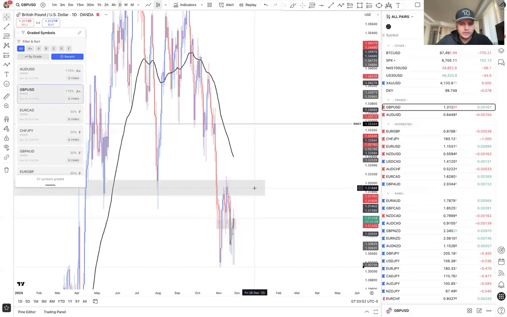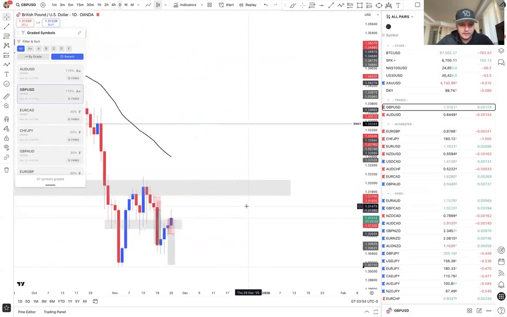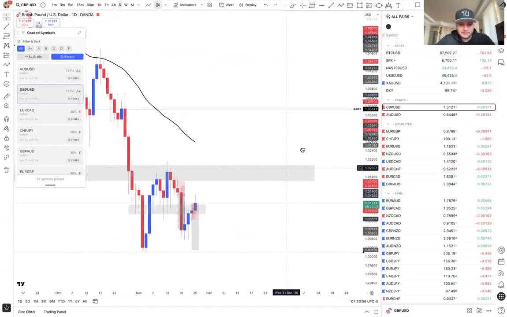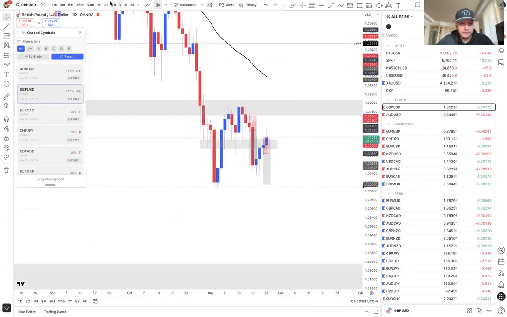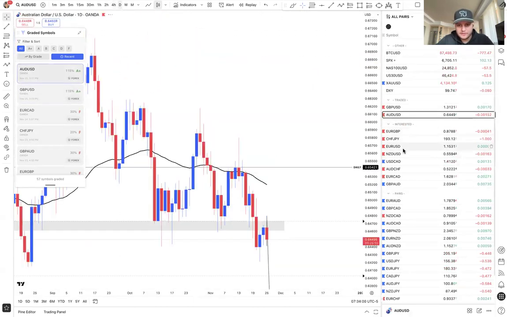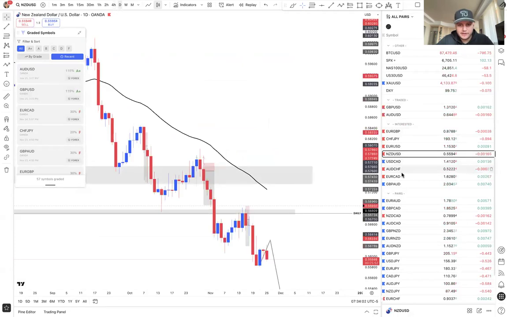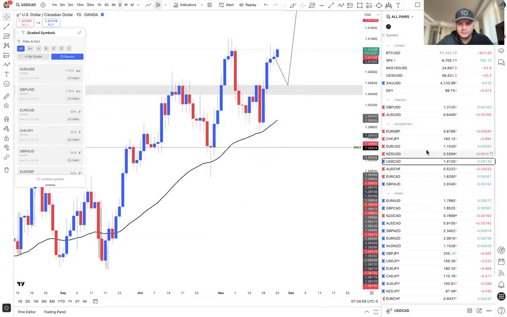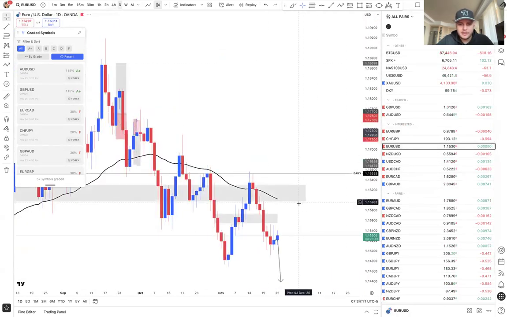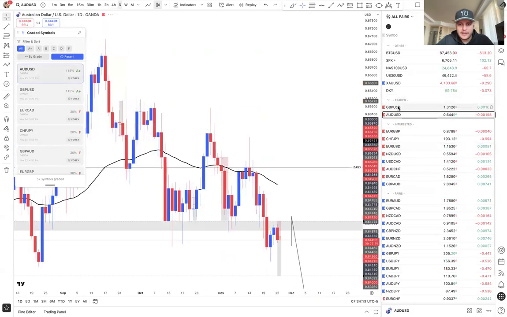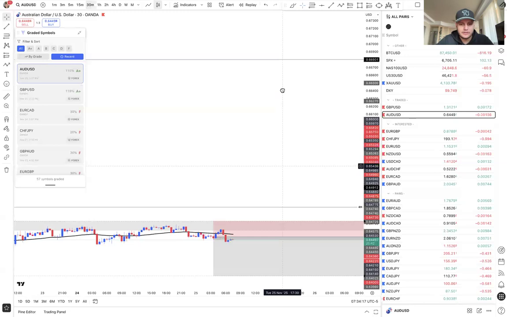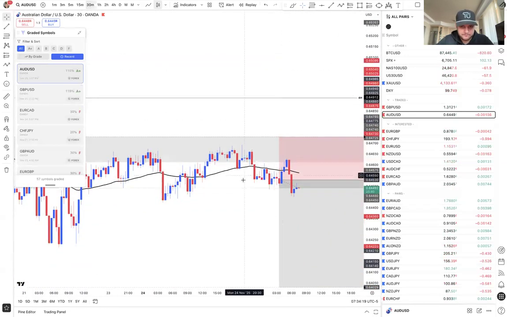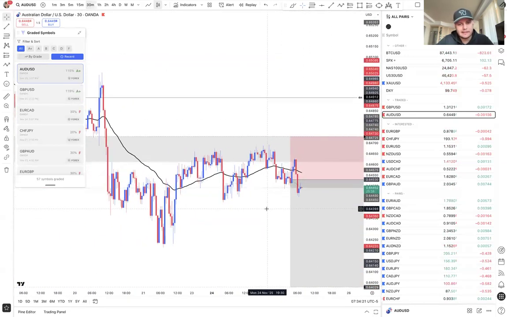Moving on. What do we have here? So GBP USD. For the USD pairs, I think most of them are having some kind of a reaction. NZD USD is having a bearish reaction. USD CAD bullish. I do expect these two to have their continuations in their directions for sells basically.